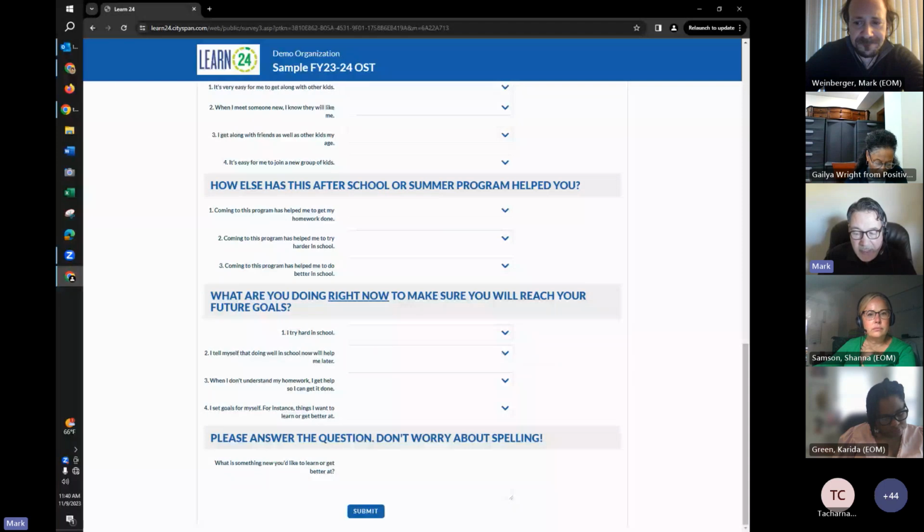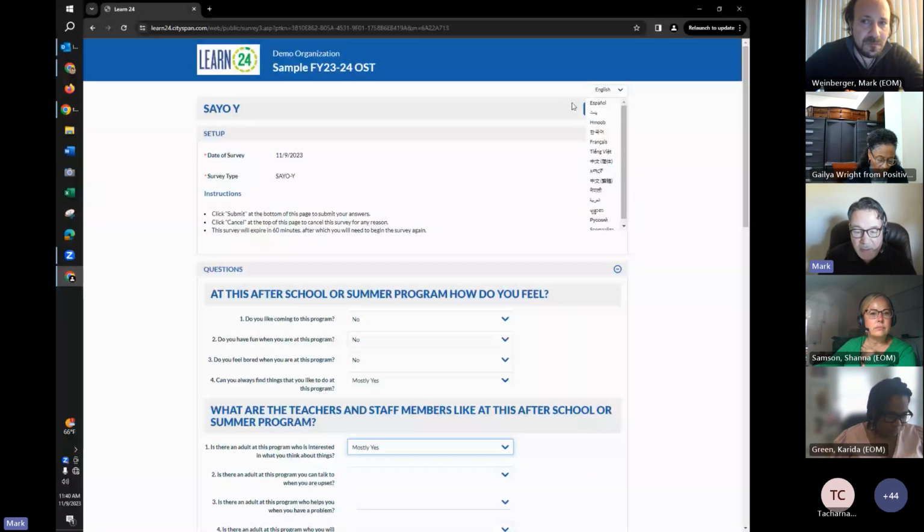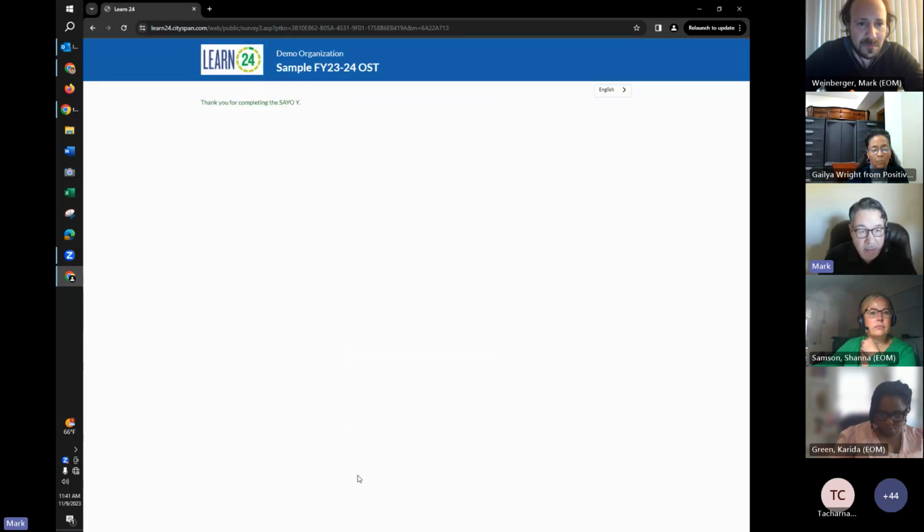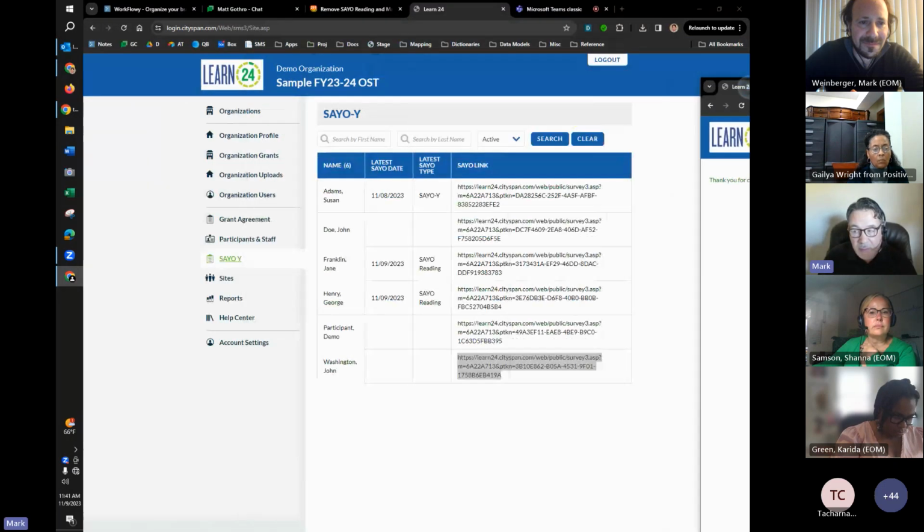At one point, we'd had the submit button at the top here, but I think on your side, they asked that it be at the bottom so that youth are kind of forced to look at all the questions. Once they've filled out as much of it as they can or want to, they will have this submit button, and upon hitting submit, it gives them this little thank you message. I think we're going to make this a lot bigger, but that completes the survey. And then